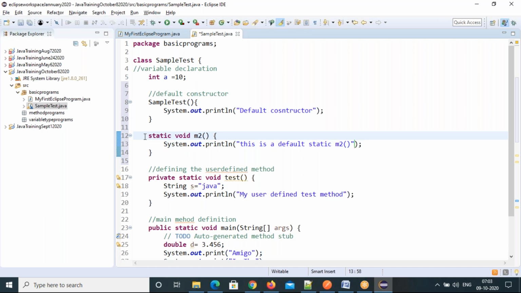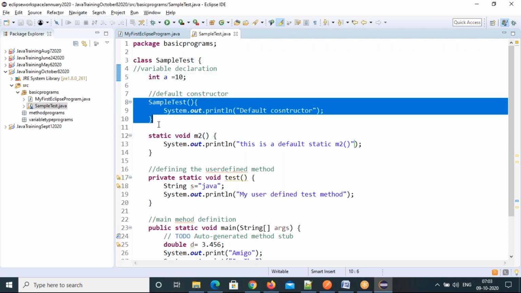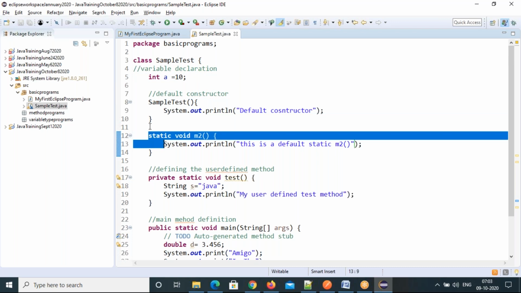No modifier keywords at all here. That's what default means. So where can I access this default class, default variable, default constructor, default method? In the same package in any class. But you don't have a permission for this default class, default variable, constructor and method outside the package.